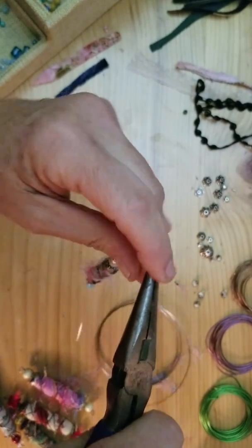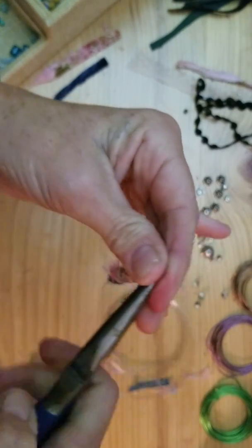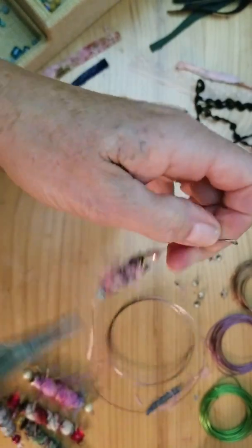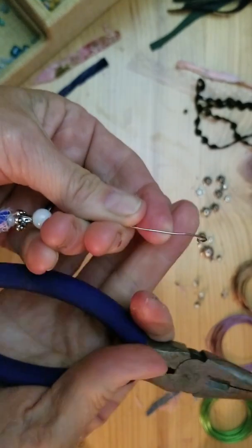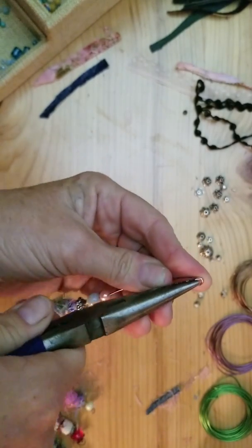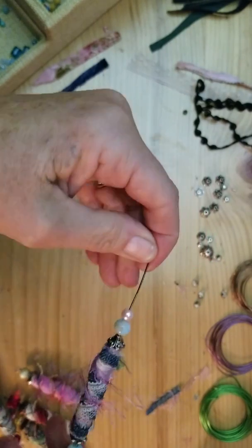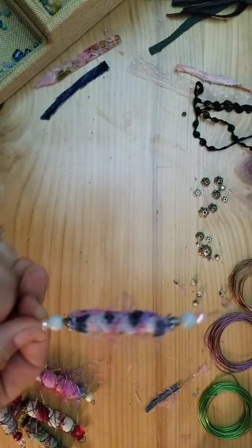I'm going to have it flush against, and I'm going to just kind of twist it like that. So then you have like a little hoop. All right. And you can even twist it a little bit tighter. And then so I'm going to go ahead and